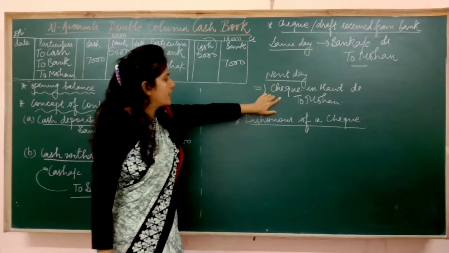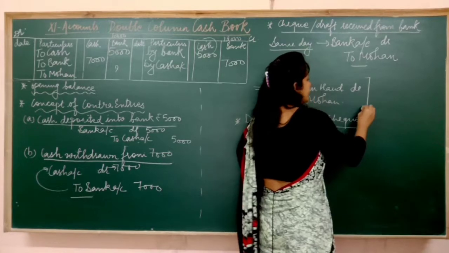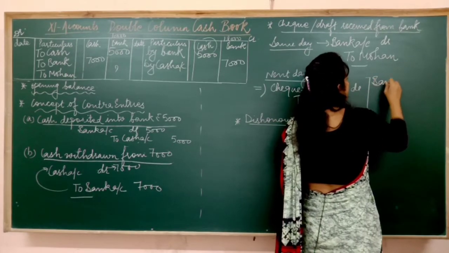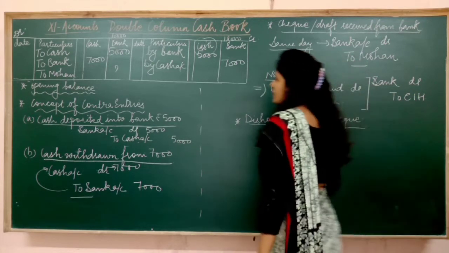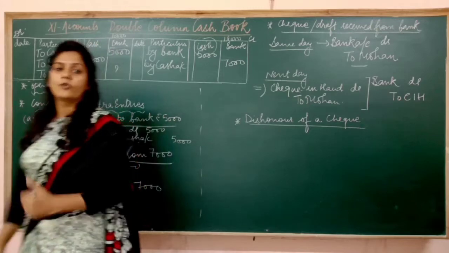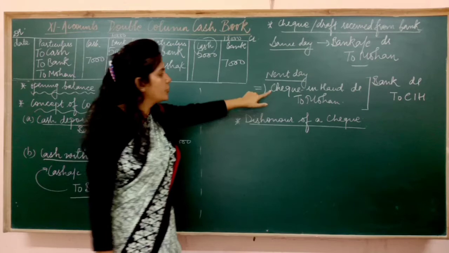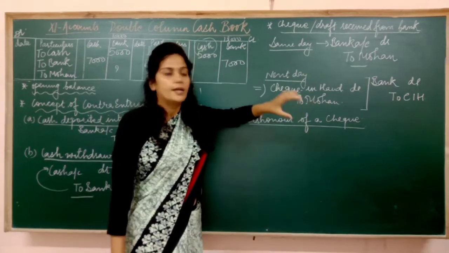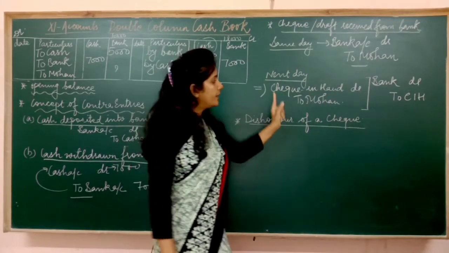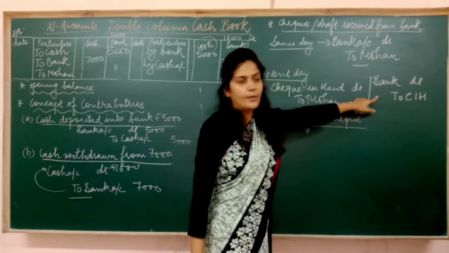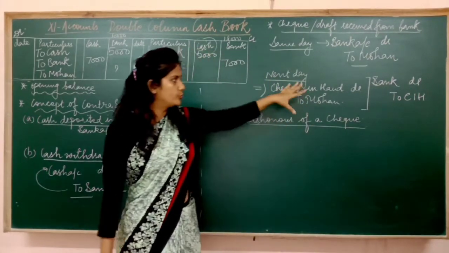Now this check I have deposited into the bank on the next day. तो जिस दिन भी आप डिपॉजिट करेंगे, that day what entry are you going to pass? Bank will become the receiver of checks in hand. Please have a look at both entries. We have already discussed these entries in the chapter journal. If you are receiving the check, you will write checks in hand to Mohan. Why checks in hand? Because ये check अभी आपके पास है, आपने बैंक में डिपॉजिट नहीं किया. The day you are going to deposit this check into the bank, the entry will be bank account debited to checks in hand. So I hope this point is clear.